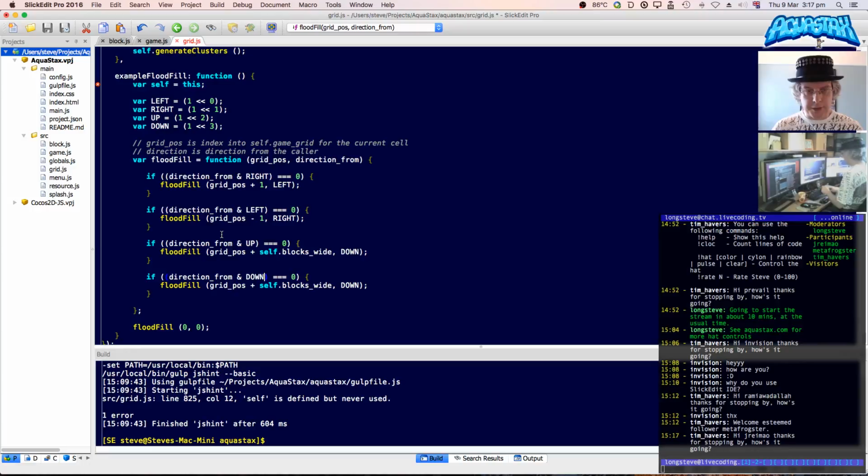The last one is down. If we haven't come from the down direction, so if we've come from any of the other ones, or if we've come from down, we can't go back there. That's the reason for this direction from checking the bits. If we want to go down, we can do minus blocks wide, but of course it's the up direction that we've come from. So that's basically the logic, and that should go through all the grid cells,